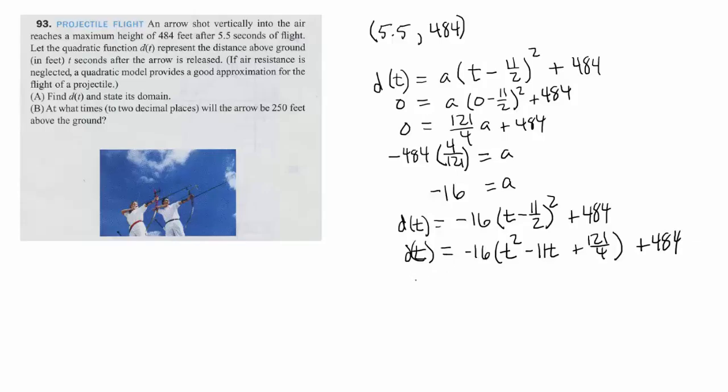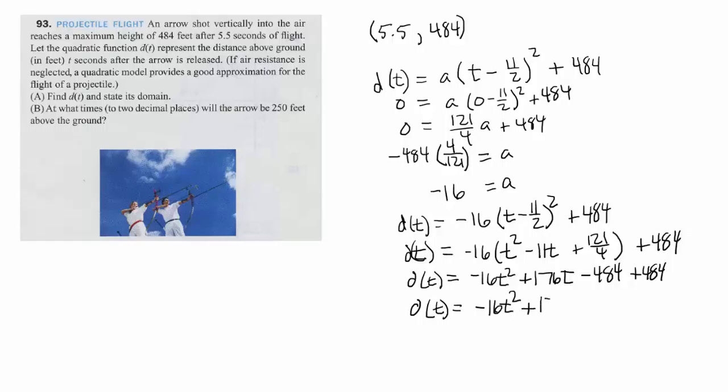So now d of t is equal to negative 16 t squared plus 176t minus 484 plus 484. So now we have d of t is equal to negative 16 t squared plus 176t,